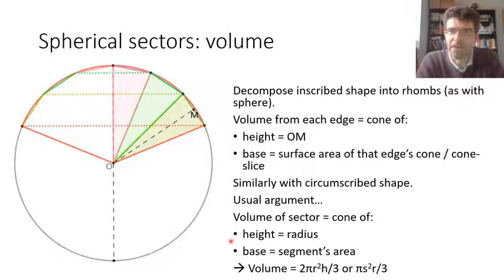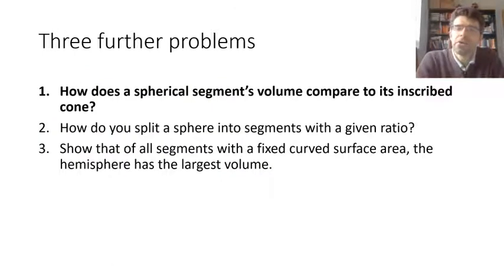So if you want to put that in modern terms, that's going to be pi times s squared times r over 3, or 2 pi times h times r squared over 3, if you remember the s, r and h that we introduced before. So those processes so far are so similar to what we've done with the sphere as a whole that I've just sketched out the method and left some of the details for you to fill in.